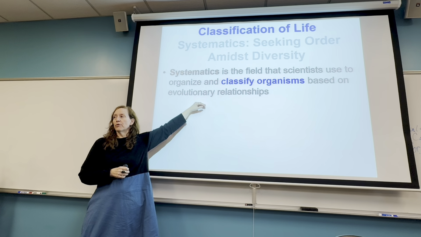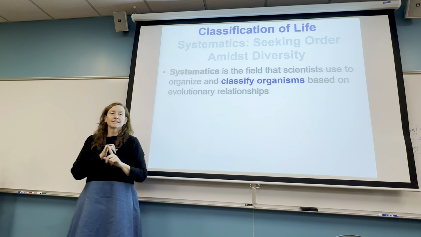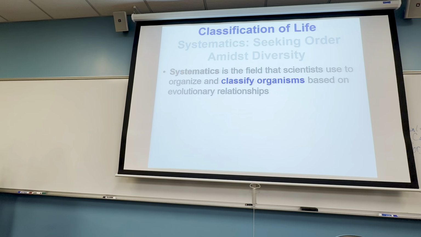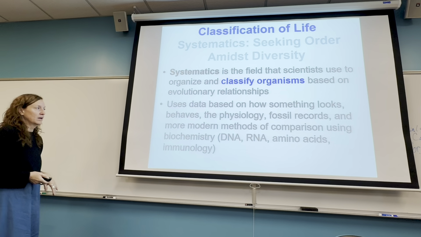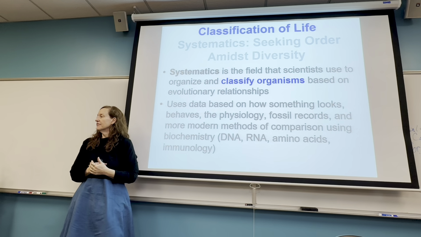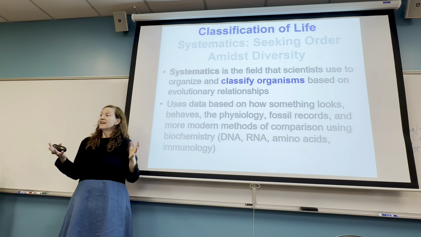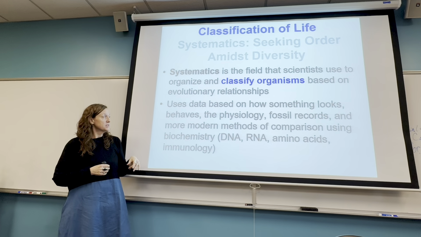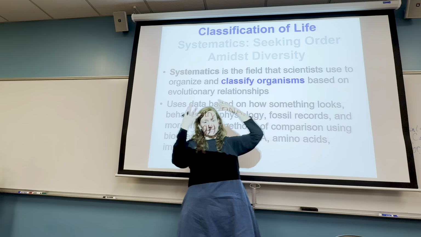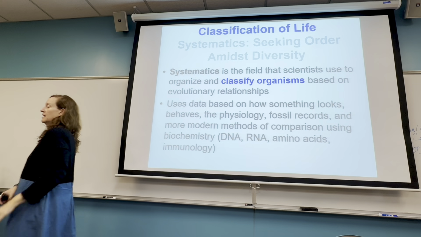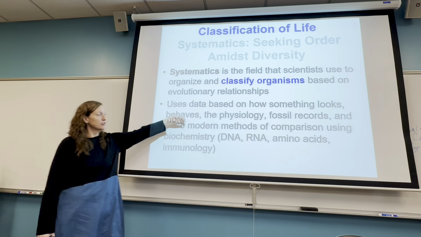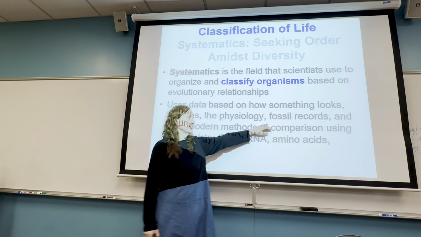Evolution is the basis for when we're talking about classification, systematics, phylogeny, biodiversity. We can look back at our evidence for evolution and use a lot of these to classify organisms. So we can look at just phenotypes. How does something look? They used to rely on this a lot, as well as behaviors, maybe some things we knew about physiology, fossil